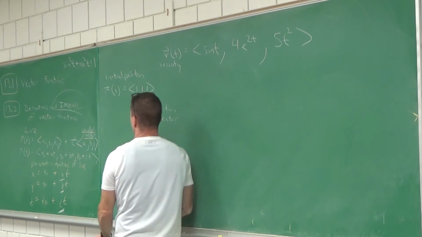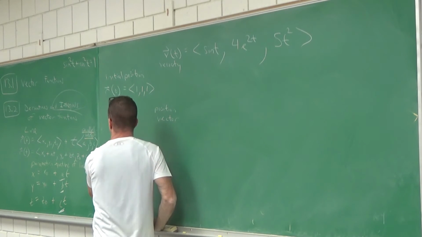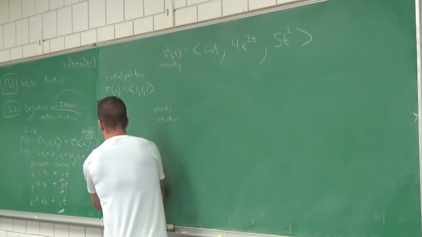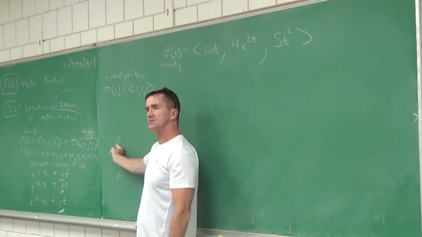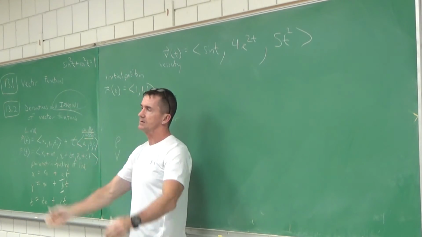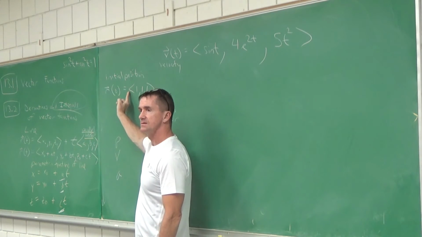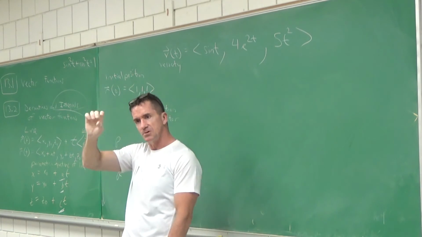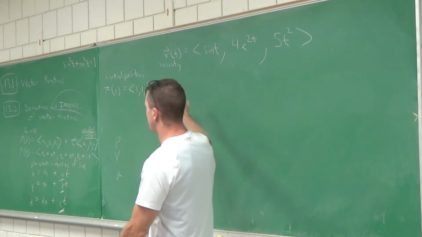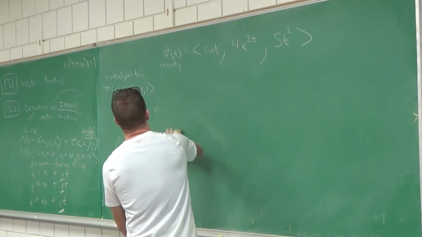What's going on here? So integrate. Position, velocity, acceleration. I'm going from velocity to position. We have to do what? Integrate. And then we'll use this to help us find those constants. Does that make sense? So don't forget to put your little plus constants in each one of these components. Well, let's try it. All right, r of t.